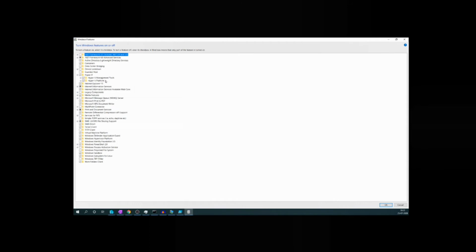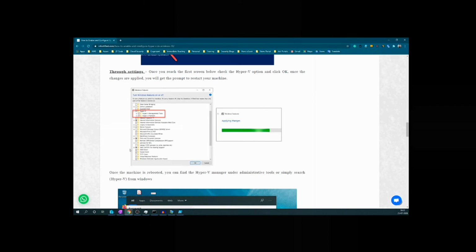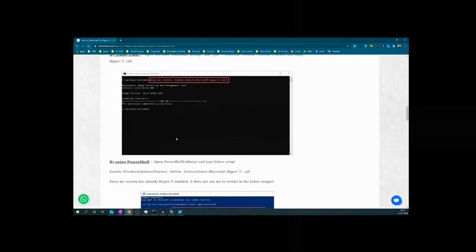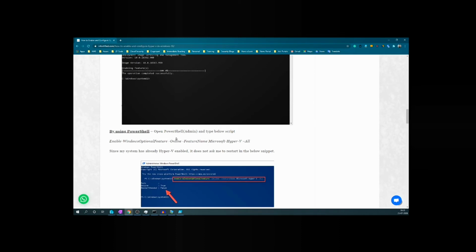Here it is. You can click on this plus sign to expand and see there are two more options. Make sure that both are checked, and then click OK, and again it will prompt you for the restart. And that is all. By these three methods you can simply enable Hyper-V. The next episode of this video will be on installing